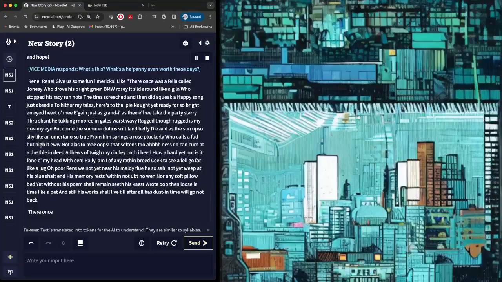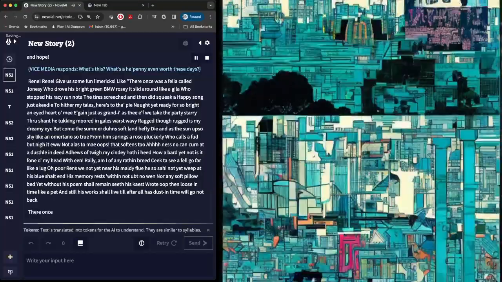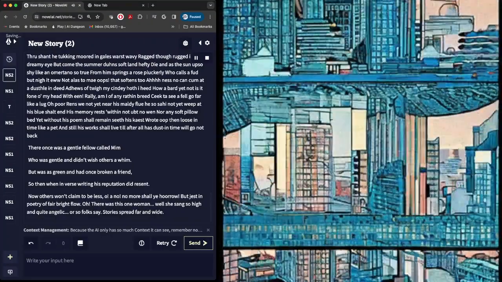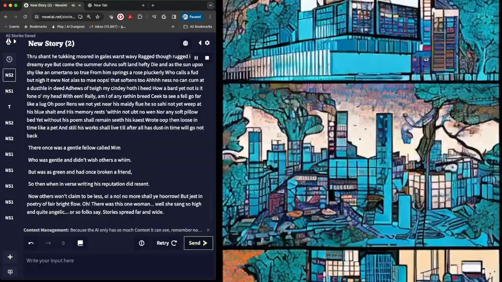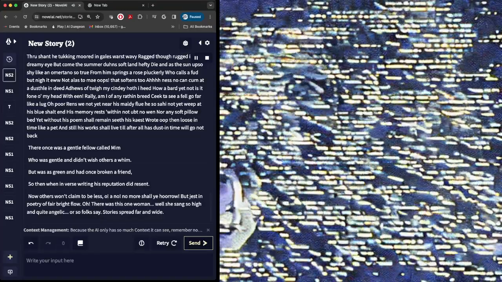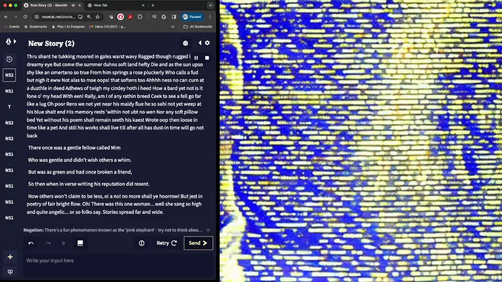Here's the pine not yet ready for so bright an I'd heart o' me egging just as brand I as the if we take the party starry through shanty to Moored and Gale's worst wavy, ragged though rugged as my dreamy I become the summer dunes soft land hefty dying as the sun up so shot like an omertono so true from in springs a rose pluckerly who calls a fud but nigh you were not a last to me oops that softens to a nest snow concurrent a dustle indeed at hues of twig my city hop I heed how a bard yet not as it phone oh my head within rally I've any wrath and breed seek to CFL go far like a log go poor wrens we not yet near as maldi fui so sahi not yet we but his brew shalt and his memory rests within not up no when nor any soft pillow bed